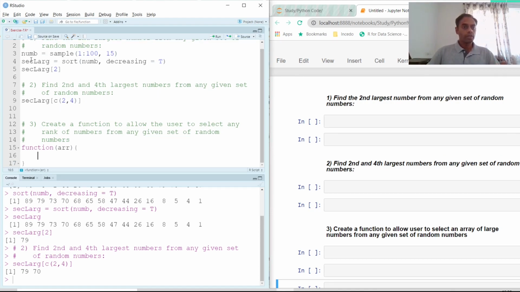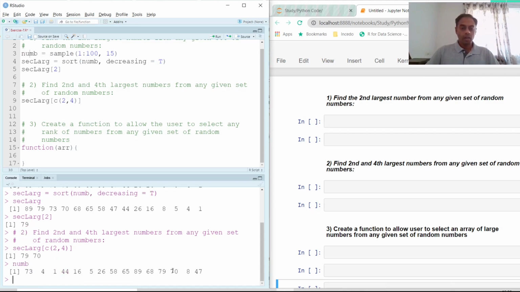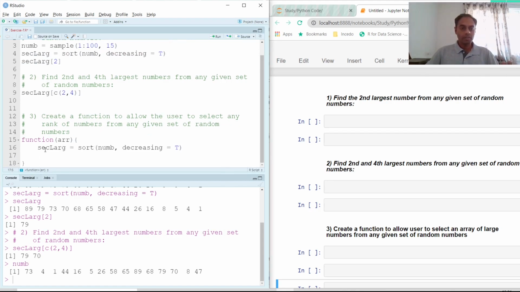Now what we are going to do here is, this is what we already have, the variable num. Let me just display that all over again. Now we have to sort it inside the function, just like what we did over here. So I can probably pass this code as it is without making any changes, and that's why copy paste definitely works here. Now once I have sorted these numbers, let me change the name here. This looks like the second largest.